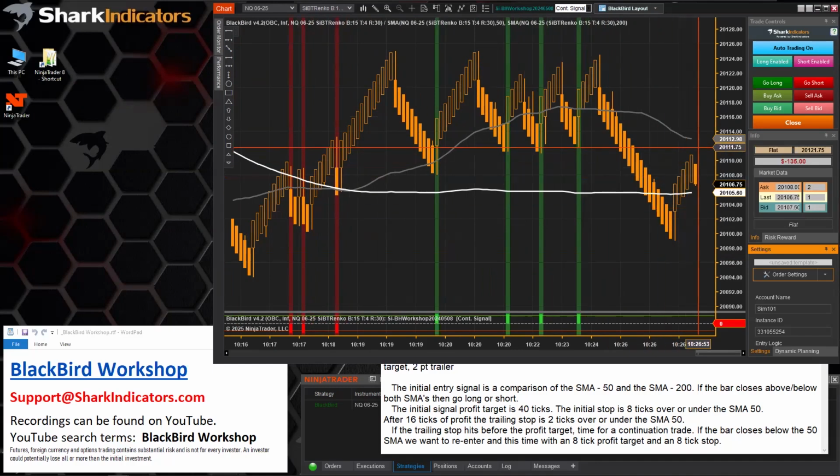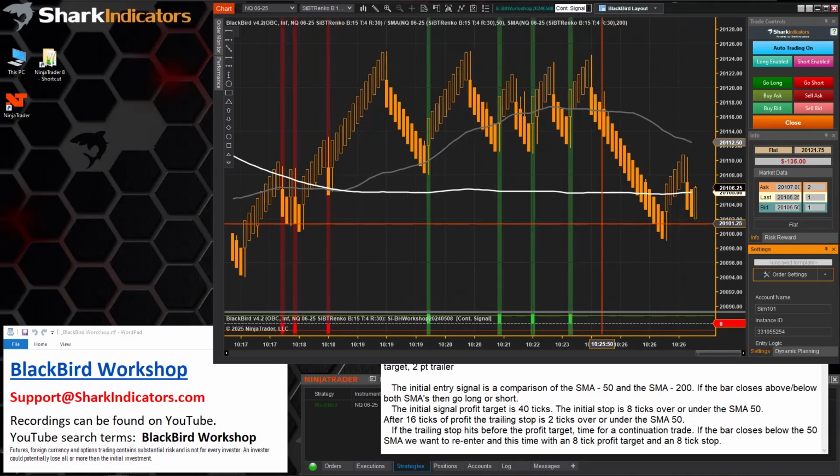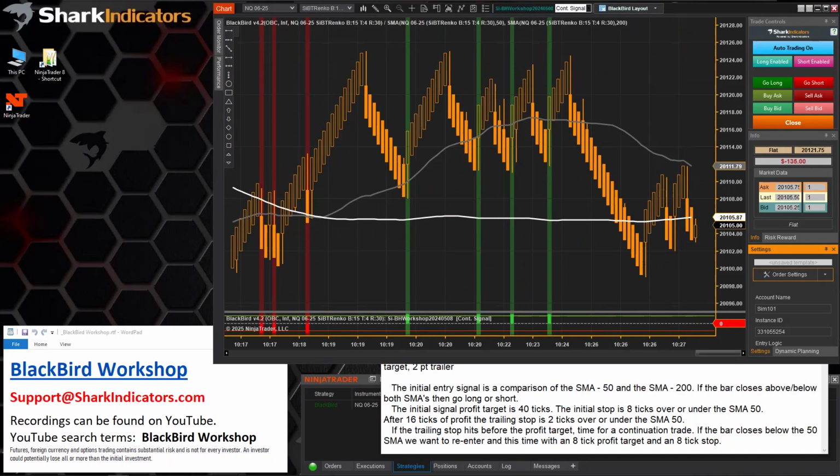Yeah, looks like we might get another continuation signal here. No, maybe not. Randy has a follow-up question. He's asking, will this work in the optimizer? Everything that has a numeric value will work in the optimizer. So while we're waiting to see if we're going to get a continuation signal, because I want to verify that those profit targets and stop losses are pulling into 8 ticks there,